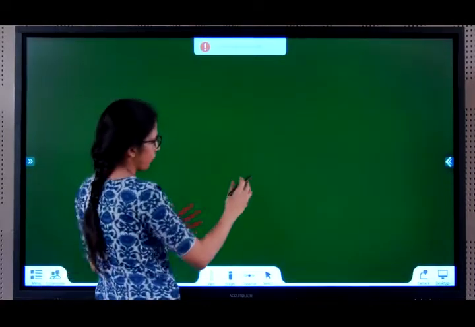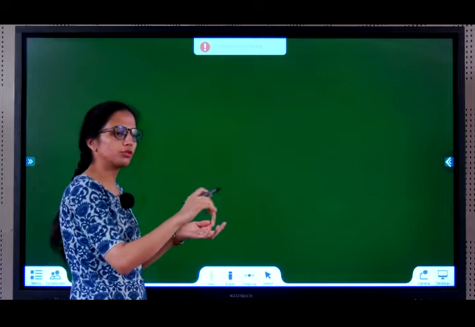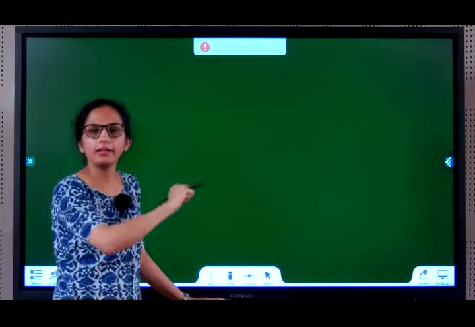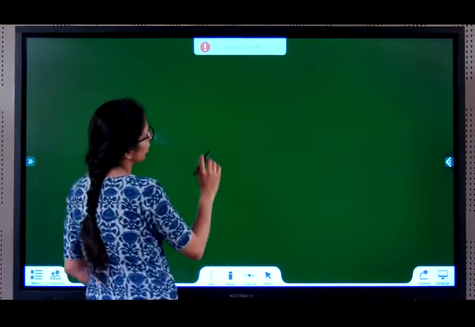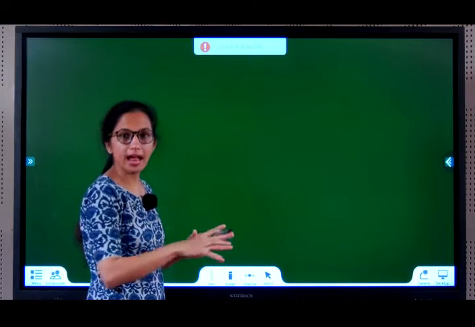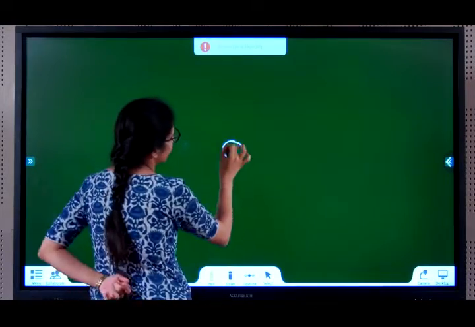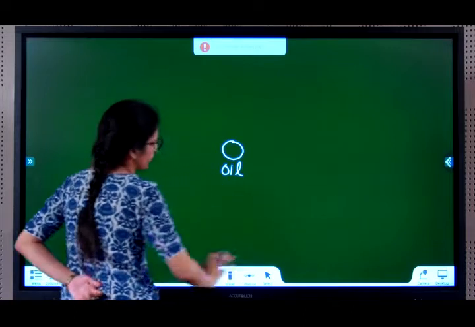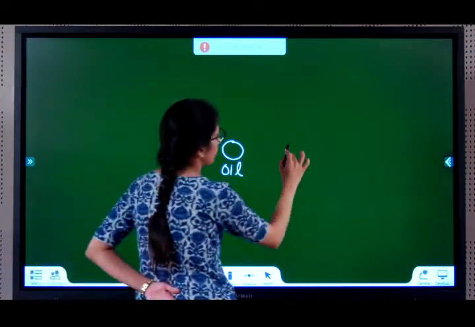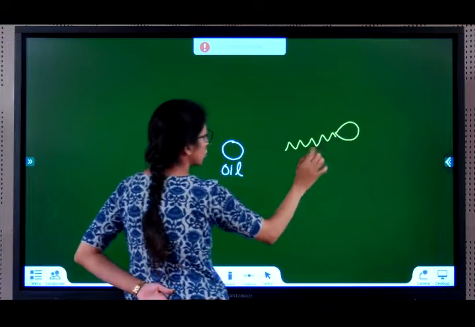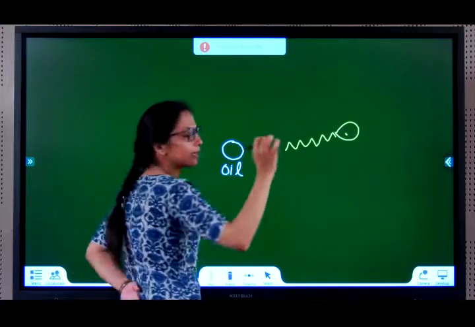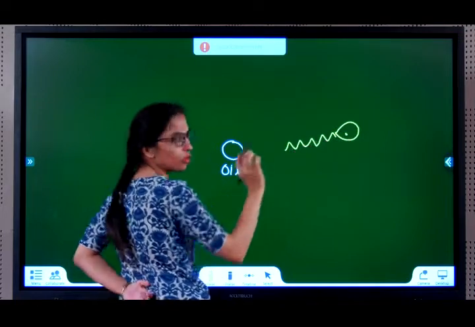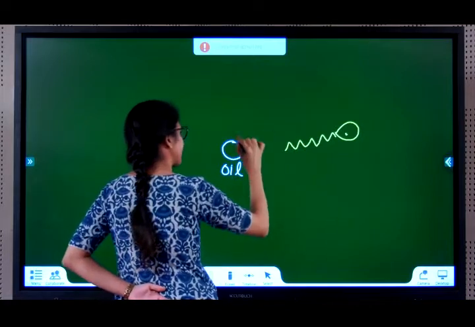So now, suppose something is dirty, you have oil or grease. You first put water, then you add as much soap as you want, correct? So now there is water and oil to which you are adding soap. We'll say we have an oil particle or grease here, and all around it is water. When a soap molecule comes, this end is hydrophilic, loves water, while the other hates water but is okay with oil. So it will go and get attracted towards oil.